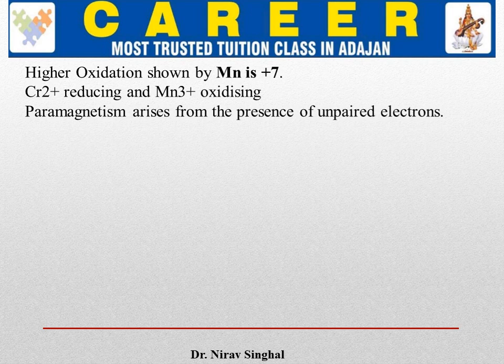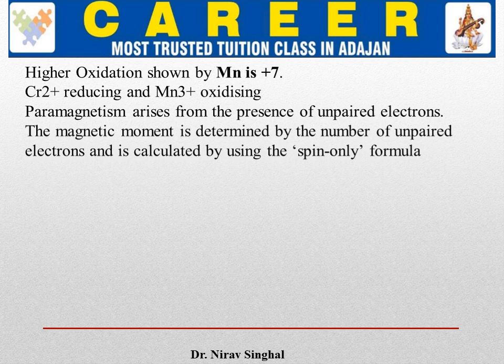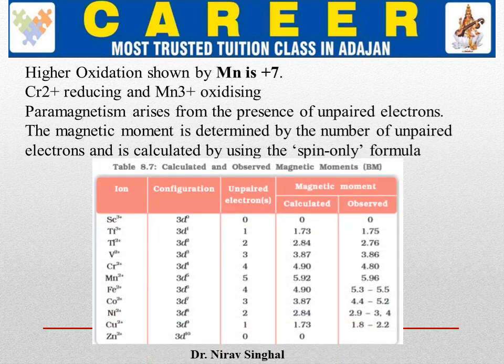Paramagnetism arises due to the presence of unpaired electrons. As the number of unpaired electrons increases, magnetic moment increases. Magnetic moment is determined by the number of unpaired electrons using the spin only formula mu = square root of n(n+2). Here in this table you can see that Sc3+ has 0 unpaired electrons,